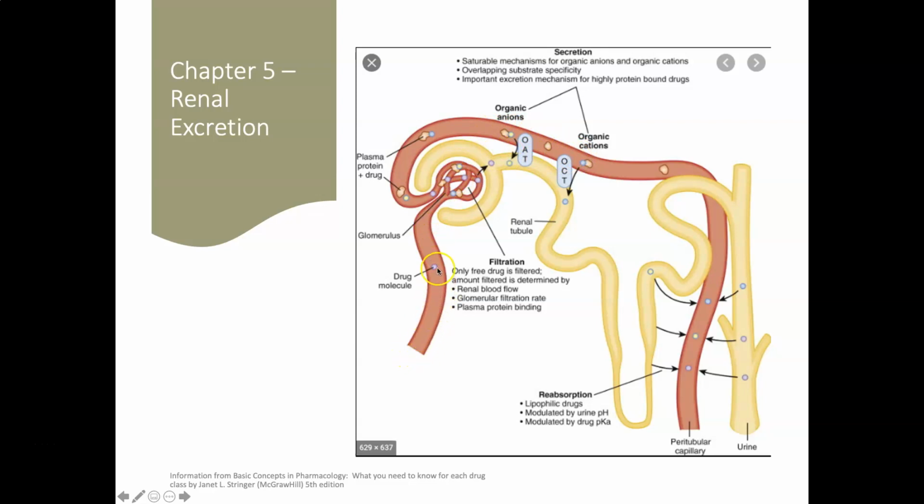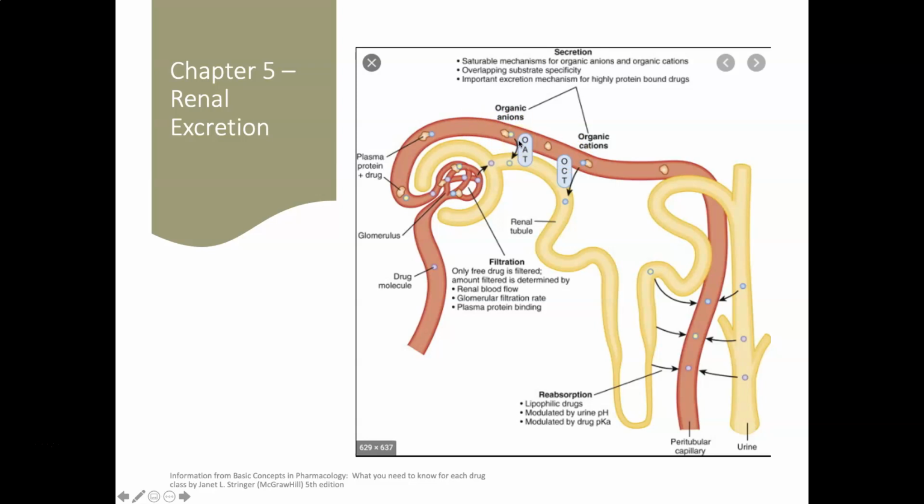You've got your drug molecule, this little purple thing here, and it's coming through. It's going to go through the glomerulus, which is part of the Bowman's capsule, and be filtered. As long as it's not too itty bitty, it will be filtered out at this point and go into the yellow, which is the renal tubule, where it will end up being excreted as urine at the very end. So as long as it's not too itty bitty, it will be filtered out, and that will be the end of it. If it is too itty bitty, it continues through this process around, and then it gets here